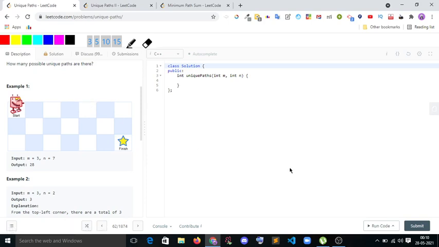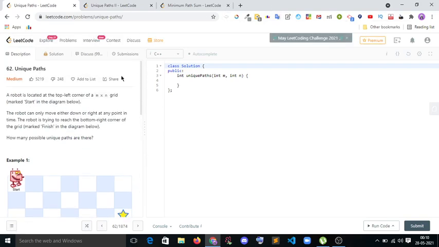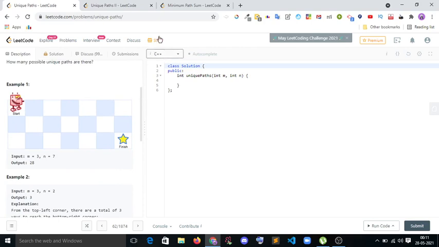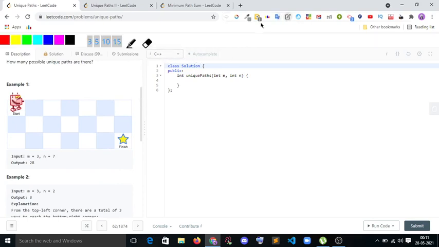So the question is that a robot can only move either down or right at any point in time. The robot is trying to reach the bottom right corner of the grid, marked finish in the diagram. How many possible unique paths are there? One thing we can observe is that for the same row or the same column, it takes only one move.